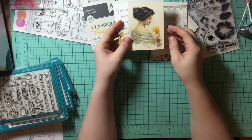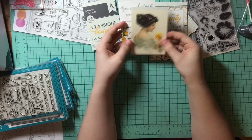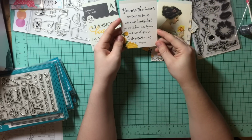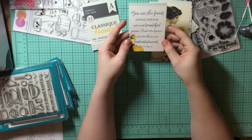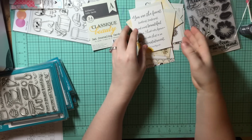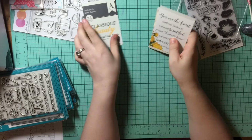This is your vintage type of thing. I'm not into that at all, but I'm sure I will find some way to use it. And the last one: "You are the finest, loveliest, tenderest, and most beautiful person I've ever known, and even that is an understatement," from F. Scott Fitzgerald. So they have some cute things here, and I will find some way to play around with these,